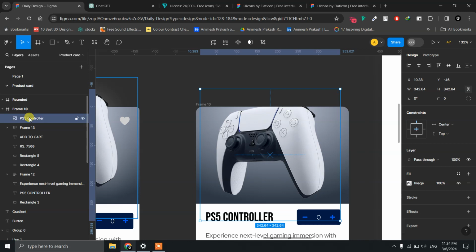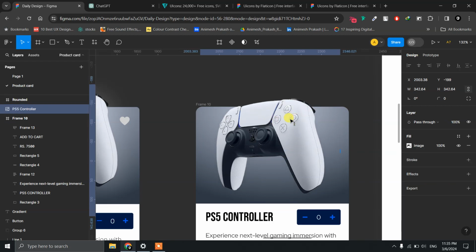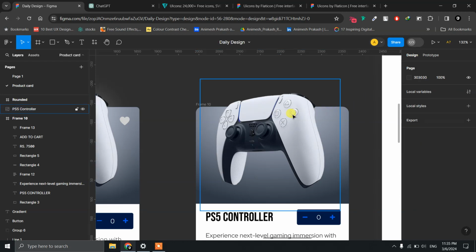And if we click and drag it above the frame 10, you can see now it is popping out of the frame. So we'll raise it up quickly, a little bit outside the frame. And if you want to add more elevation to it, what you can do is you can simply duplicate this image, Control C, Control V,